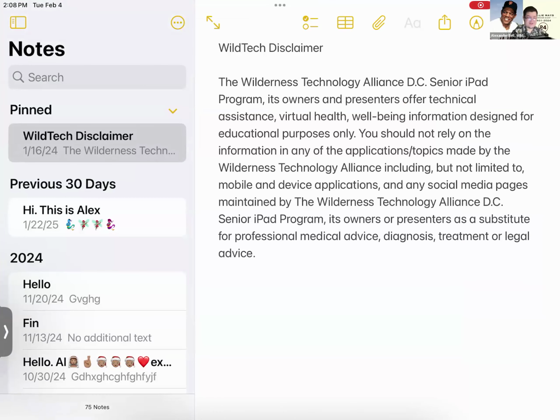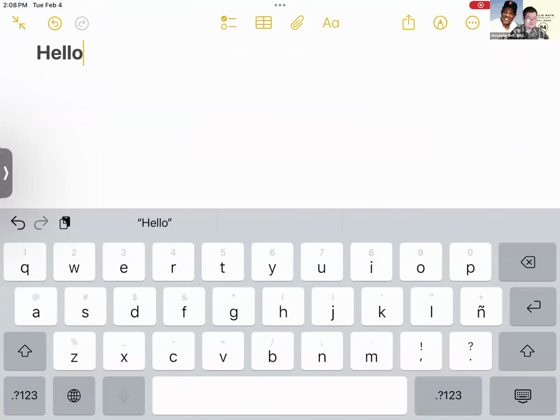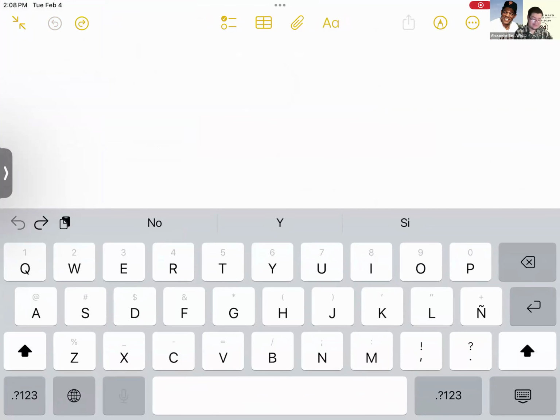So if I go to my notes app right here, let me open a new note. Most commonly, if you look at the top left, I wrote hello, and at the top left I see the undo button and the redo button. If I want to hit undo, you can undo it that way. But not all apps are going to have an undo button, and so you won't be able to, unless you